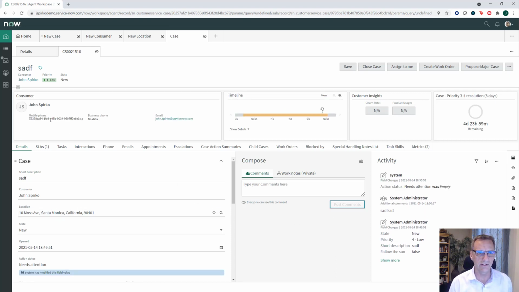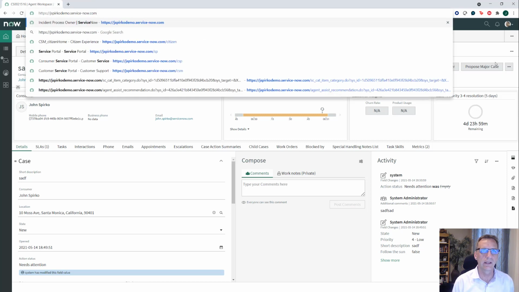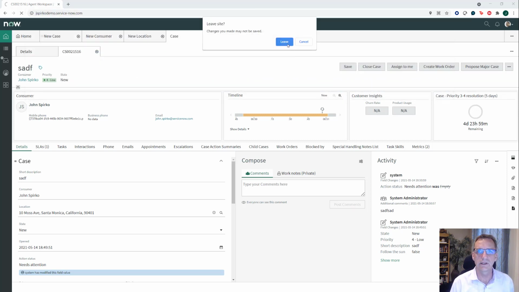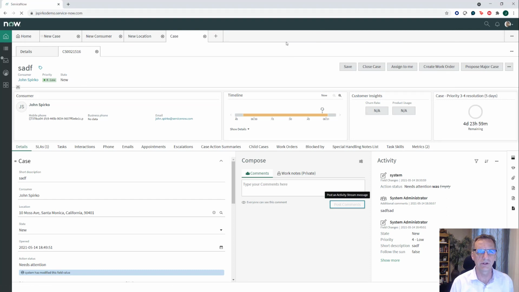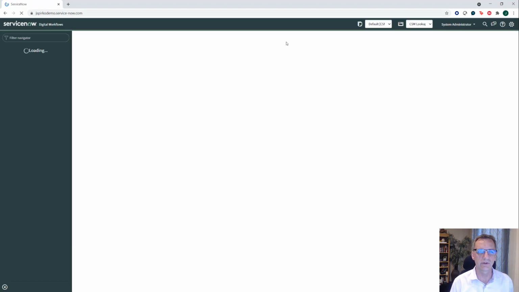So these are cases that are coming in, and it did create that user for me. These are cases that are coming in, and what I do is I pick that up with a workflow. So if I go back in, let's take a look at that workflow real quick. I'm just going to go through this briefly, and I will make this source code available. But inside of Flow Designer,